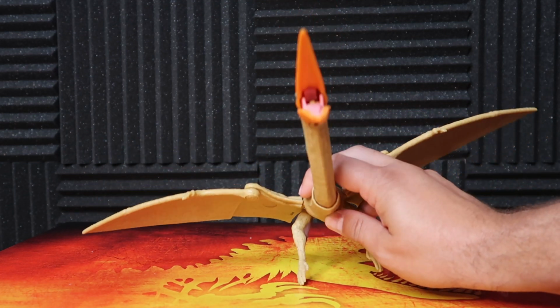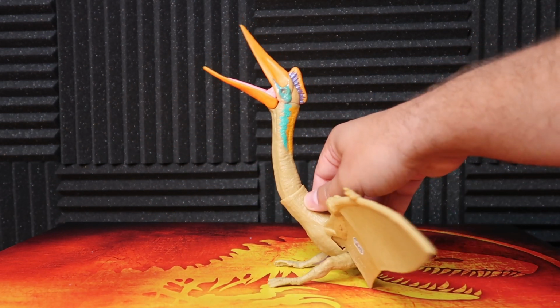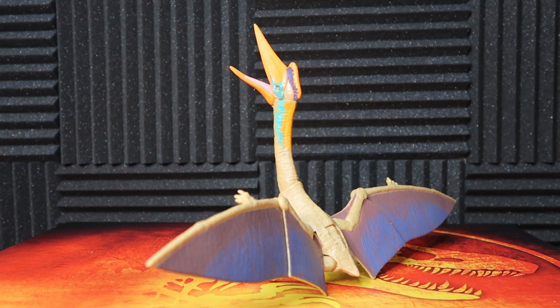I like it a lot. I do like this thing quite a bit. It is a very mean-looking thing outside of that coloring, but the pose is something that kind of bothers me a bit there. So I like this thing. I don't know what you guys think, but